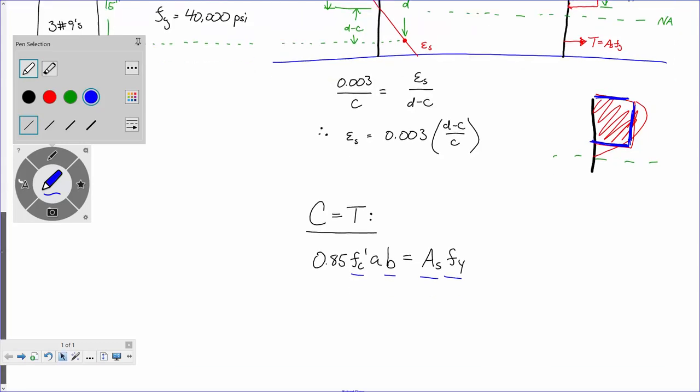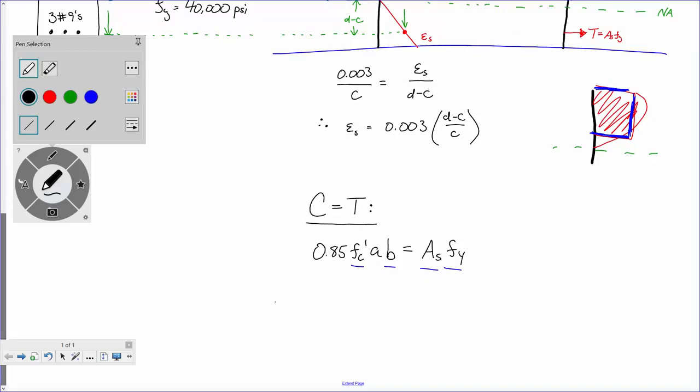So therefore, a equals As fy over 0.85 f'c b. Now remember, and I can't stress this enough, the 0.85 and the beta 1 technically are different values. They might come out to be the same number, but they might not. All right,